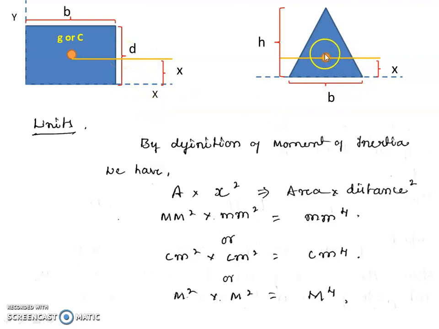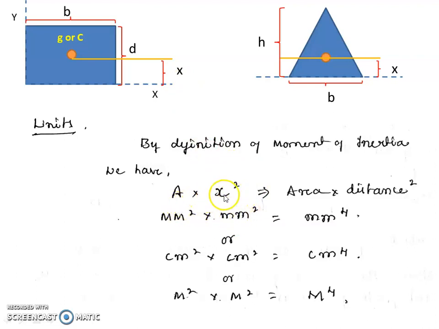Similarly, if I consider a triangle, the area of a triangle is given by half into base into height. Base is measured in millimeter and height is also measured in millimeter or centimeter or meter. So the area of a triangle also gives meter square or millimeter square or centimeter square. Therefore, area is millimeter square. In moment of inertia, we multiply the perpendicular distance, that is the distance of the centroid from the reference axis, twice. Hence, it also has a unit of millimeter square, that is distance square. Here you can see x square, that is millimeter square.